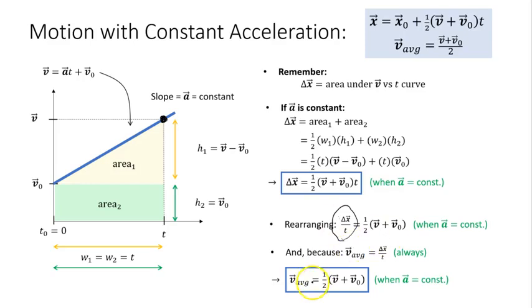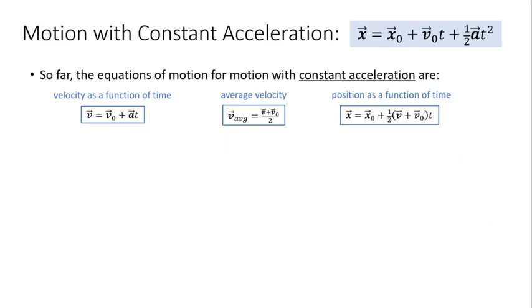Okay, and so now I have both of the two equations that are in the blue box at the top of the slide, and they are two equations on your list of 5 equations for motion with constant acceleration. Okay, so now we're more than halfway there. We have 3 of our 5 equations, so let's get back to the last 2 here.